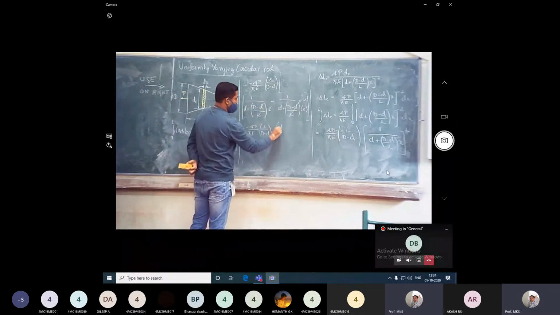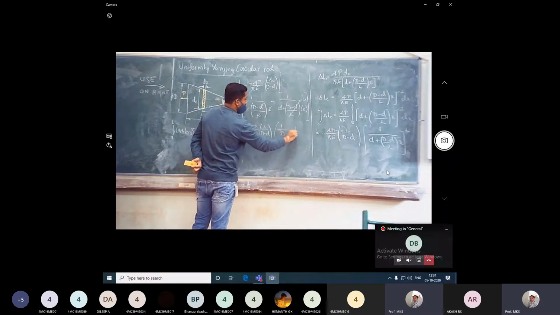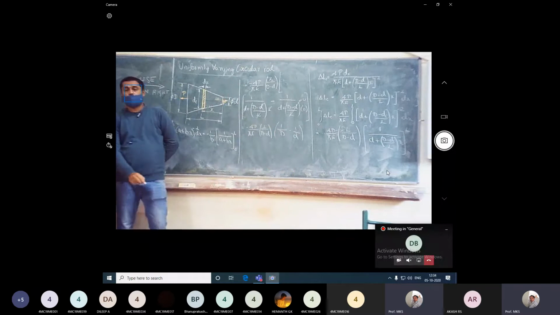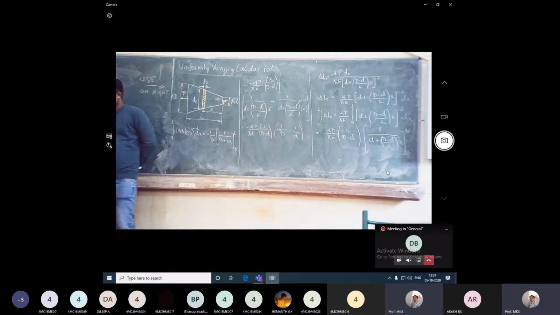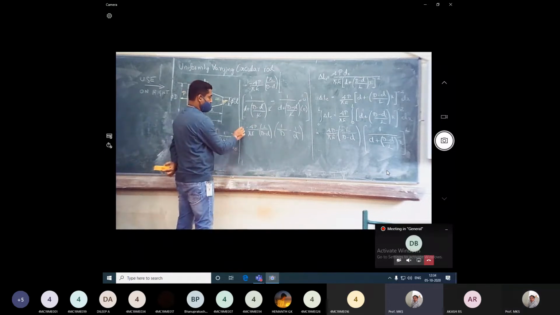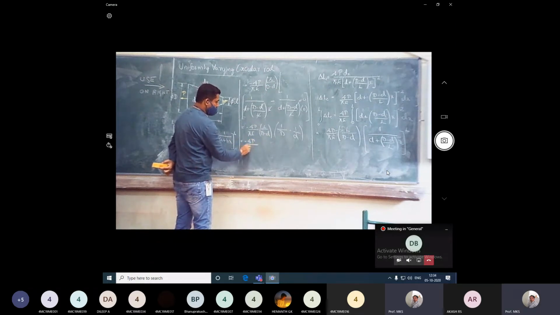So we will be remaining with 1 by D minus 1 by small d. Just take the LCM and rearrange. So this will be equal to minus 4P by pi E